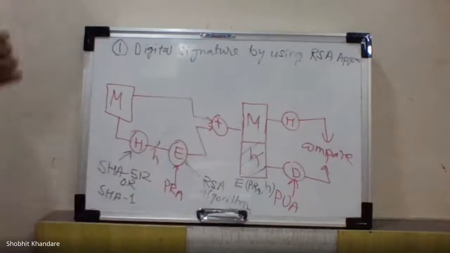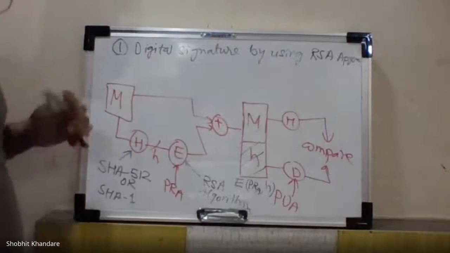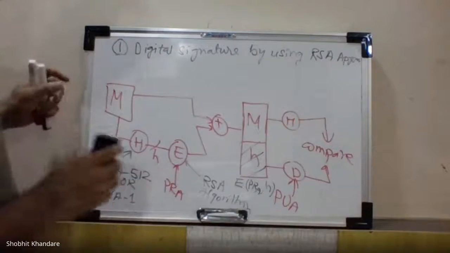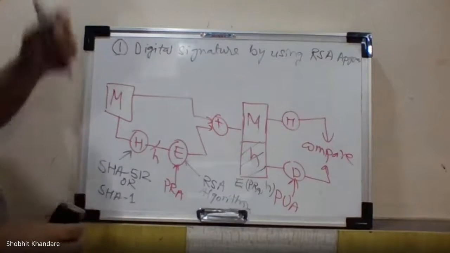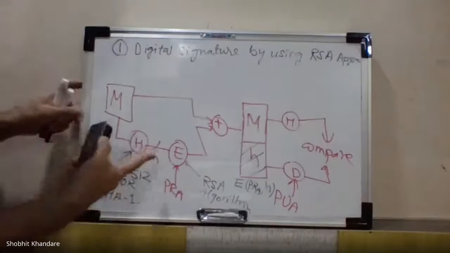Okay, if it is okay then we can go to the digital signature by using DSS approach, and this is a little bit lengthy, so I want everyone to pay attention on this, because here there are a lot of parameters, and we have to find the values of many parameters. Okay, you are using the formulas.